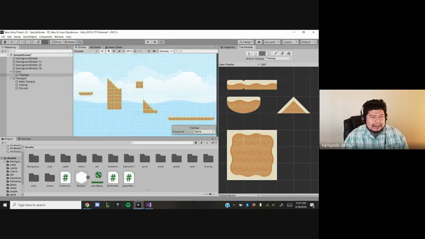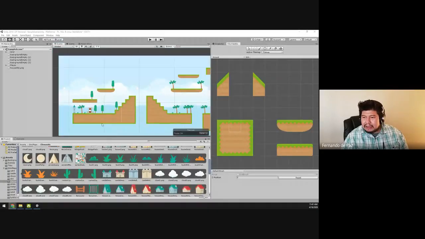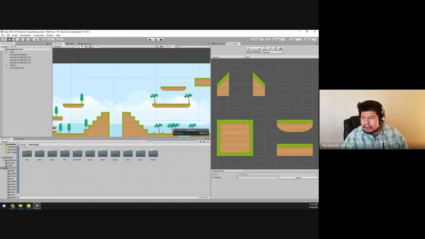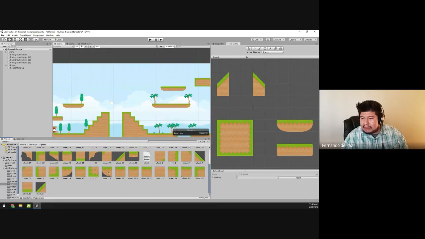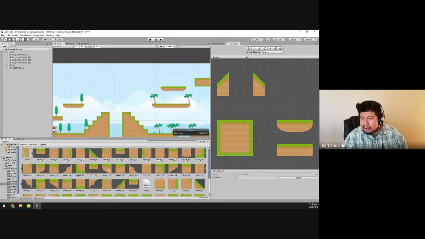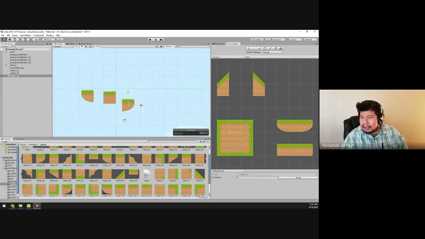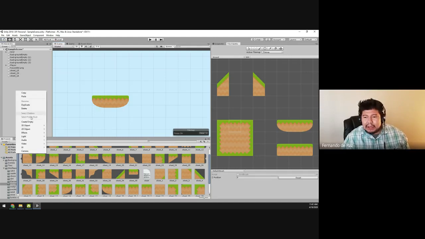if you take a look at my screen. Let's just say I want to have these things. This one here, this one here, and just a small platform like this. And again, to snap, all you do is hit V, and you snap these things. And then let's just say this is your platform. You want to create